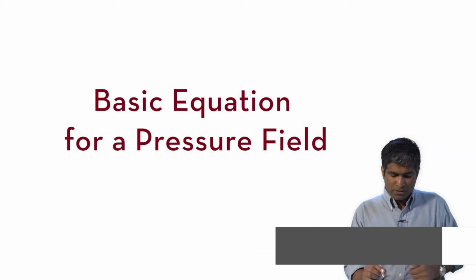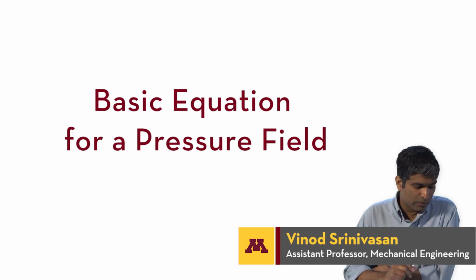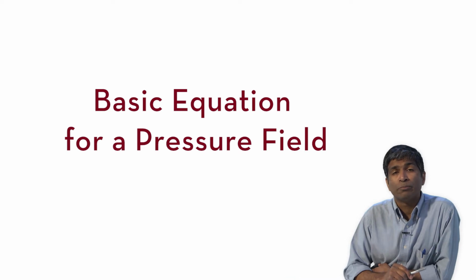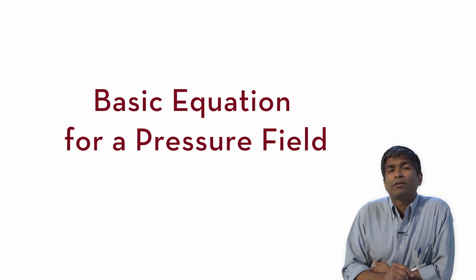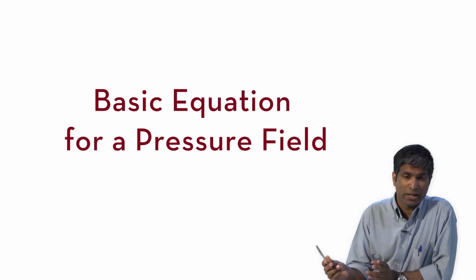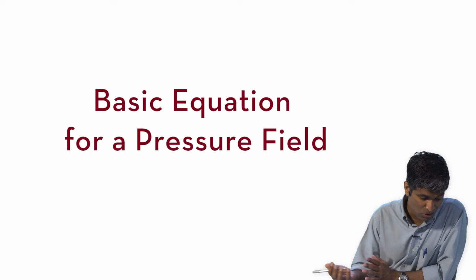So in the previous video, we looked at the effect of surface orientation on the pressure. Now we are going to take a look at the dependence of the pressure on space. In other words, does it vary with x, y, and z in a Cartesian coordinate system? So now we are going to look at